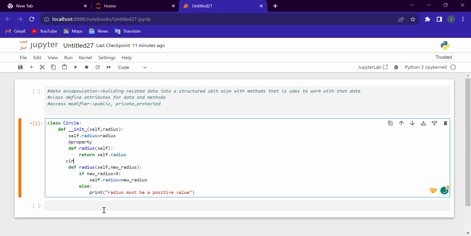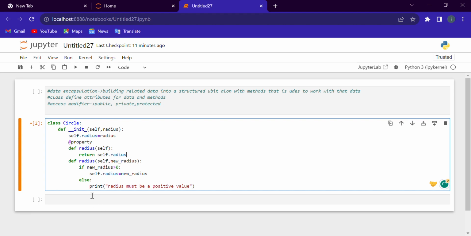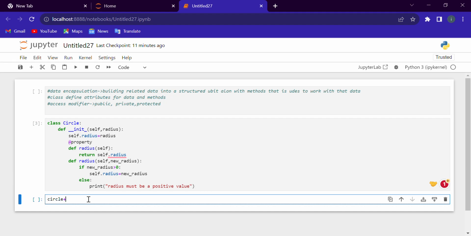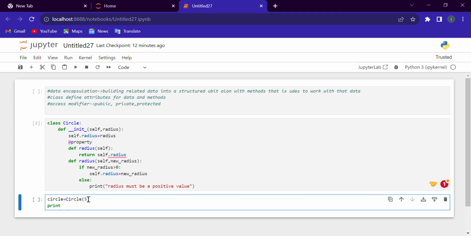So I'm creating here, sorry, yes, creating here an object circle of the class circle. I'm creating an object circle and giving it a value 5, print circle dot radius. It will print us,